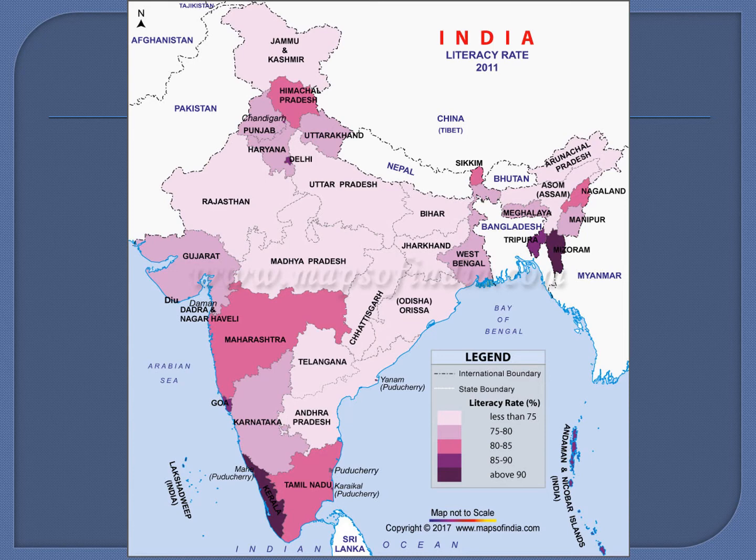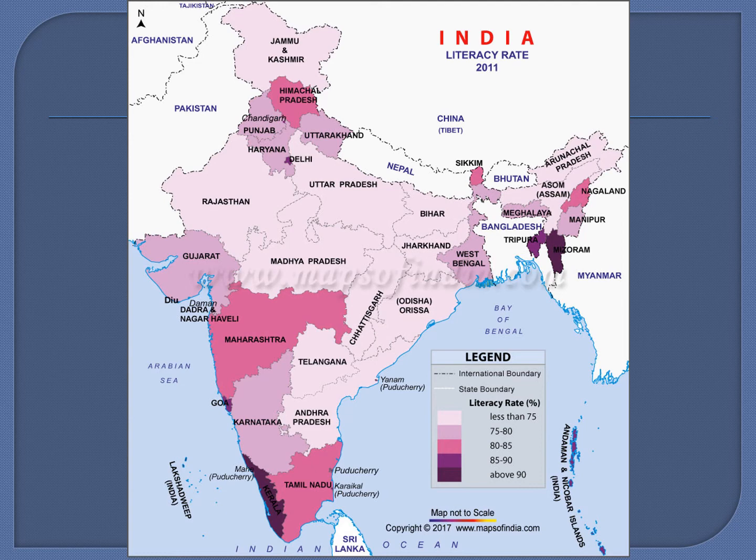In a quantitative map, we will be constructing on the basis of quantitative data. Here you are able to see India's literacy rate of 2011. They are giving different choropleth, or color map, representing that white color represents the regions having less than 75% literacy, some regions between 75 to 80, some between 80 to 85, 85 to 90, and some regions above 90% literacy. So we are preparing the map on the basis of what? Quantitatively.